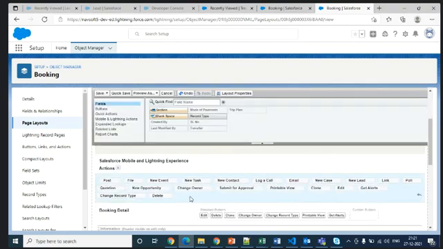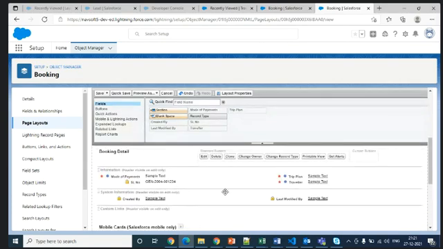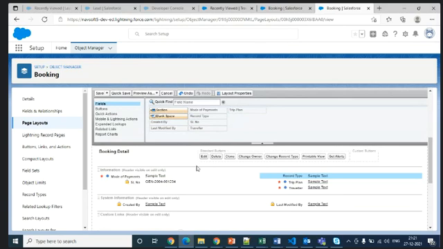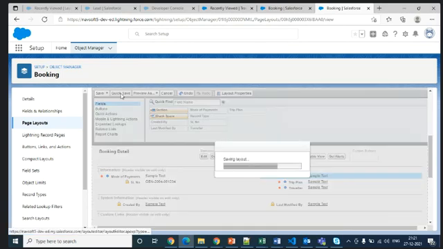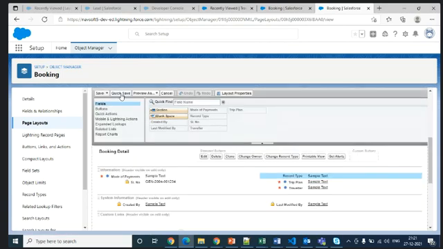So I created the record type. Now this record type I should drag into here, wherever. Once you create a record type and all, now go and try to make it visible.